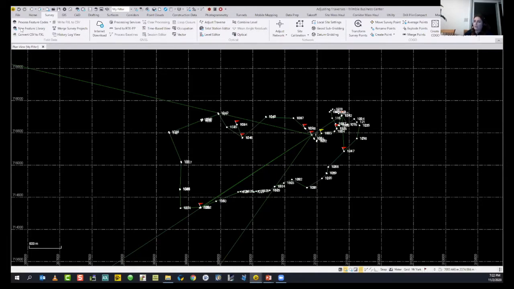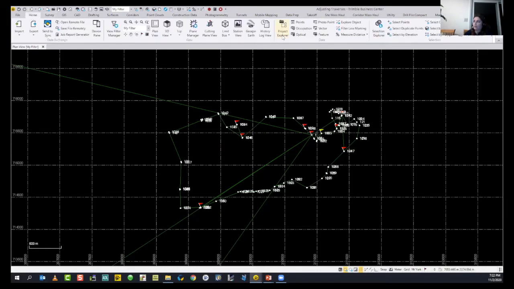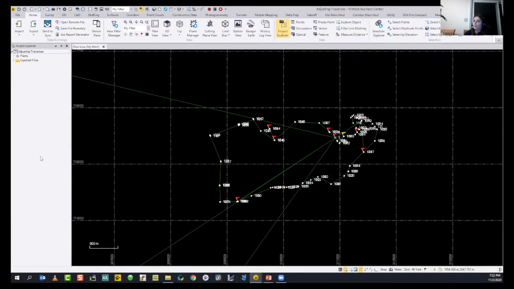Project management is covered in Project Explorer. You can display all the imported files, all your stations, and your observations. You can also display the points. If you have a feature code library, you can display it, or any type of data like point clouds, surfaces, anything. So you can manage all of your data from Project Explorer.